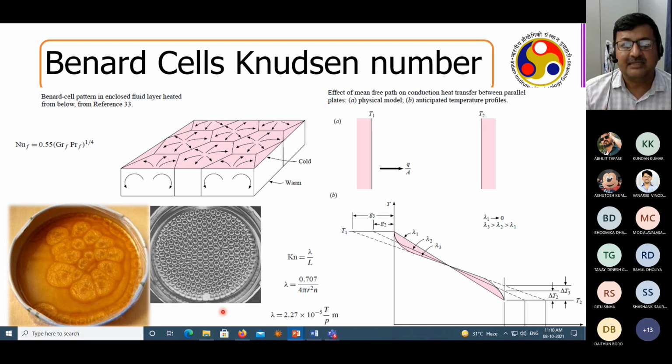Whereas if you go to liquid, if you go to solid, you will find that this mean free path essentially reduces. In case of solid, that is non-existent, right? In case of a liquid, you can see there is still some mean free path that is available, right?